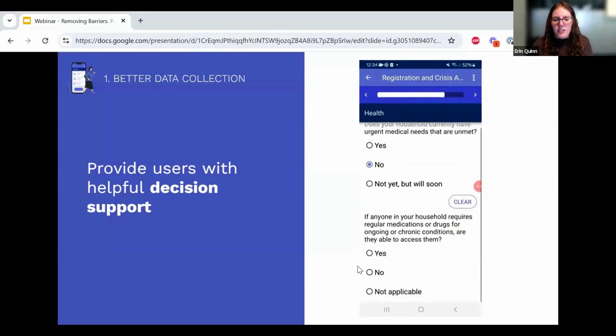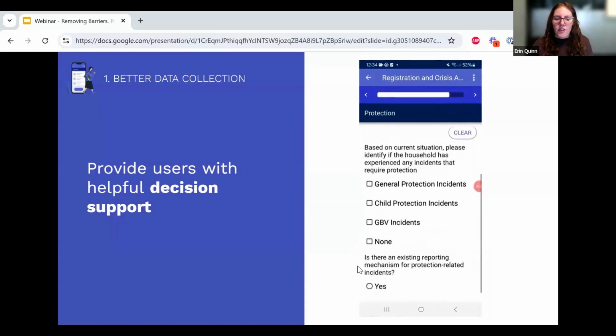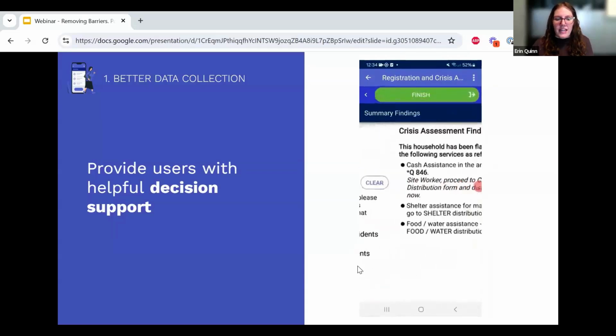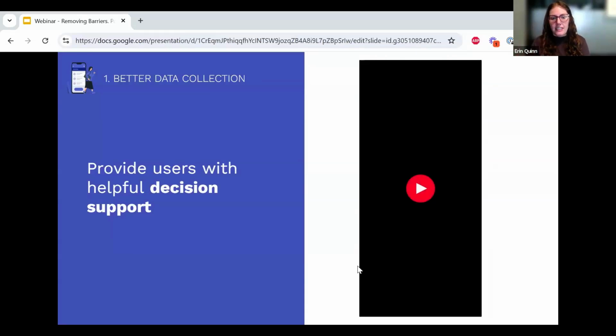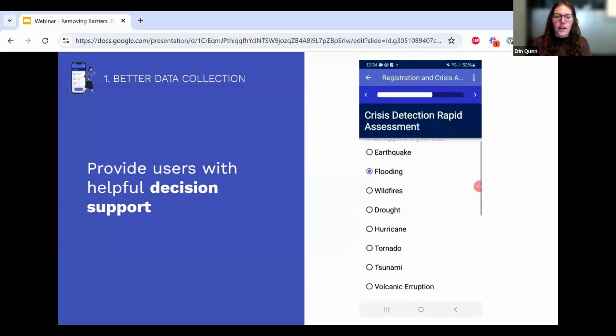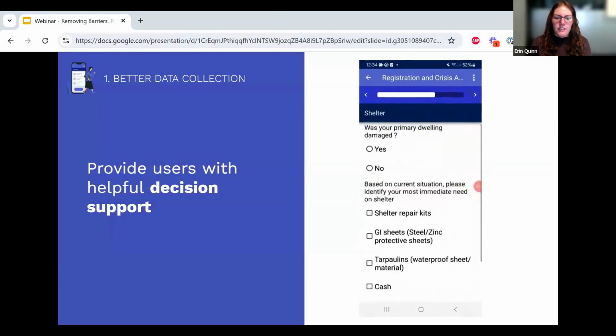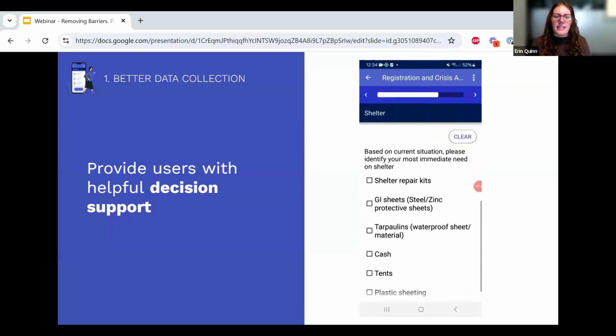Things like, do they have adequate shelter? Do they have access to food and clean water? Do they have any health or medical needs? Do they have any protection needs? It's just a really, really long survey with a lot of questions, particularly as you start to answer yes to any of them and you start to need to take notes or be sent for referrals for anything. And so this would really be a lot of information for that user to have to remember all throughout the survey. What we're able to do at the very end of this is offer the frontline worker a summary.